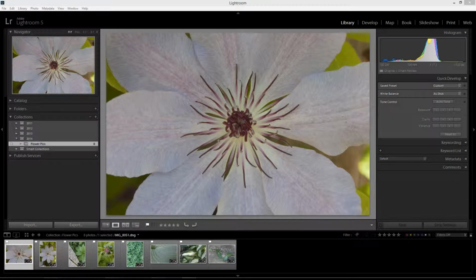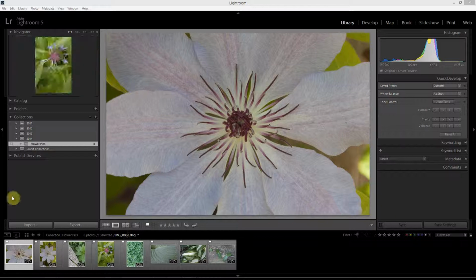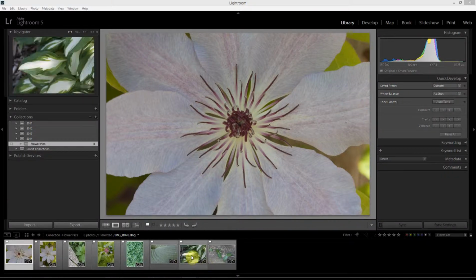In the past tutorials that I've done on Lightroom, I've covered how to import your images into the library module as well as how to sort them. Now that I have a group of images sorted with the best ones selected, which you can see down here on the film strip at the bottom of the monitor here, I'm going to move into the optimizing stage, which